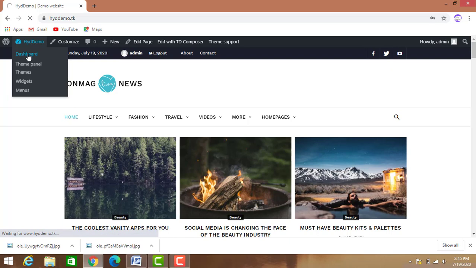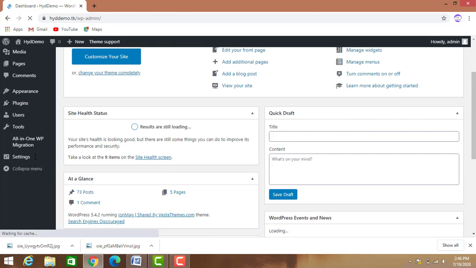Next we need to do the settings. Here is the settings.